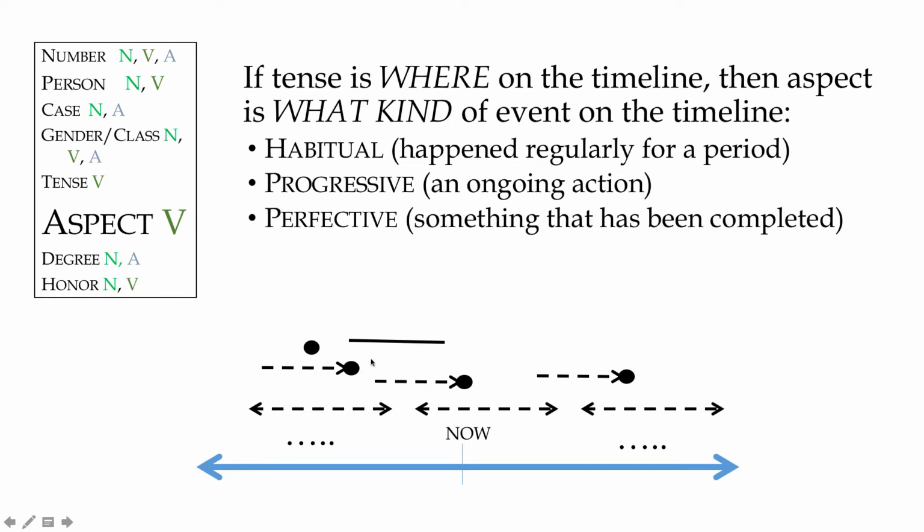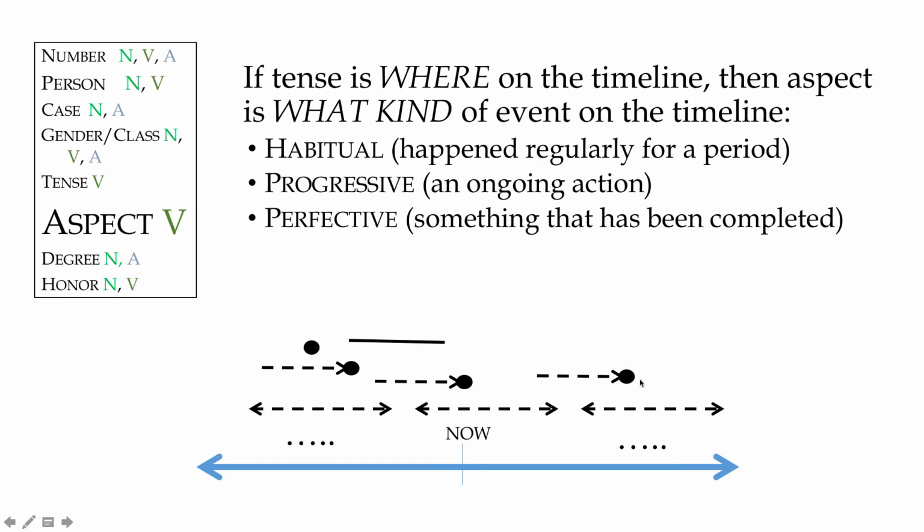Perfective aspect would be for something that has a clear completion point, and that becomes important. So something like, by the time I started school, I had already learned to read, would be the past perfect. That learning to read finished before I went to school. Or I could do a present perfect. I have seen Star Wars before, so my act of seeing Star Wars kind of went up to the present tense. Or I will have finished my homework by then.